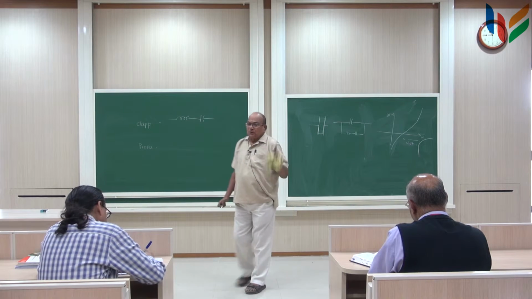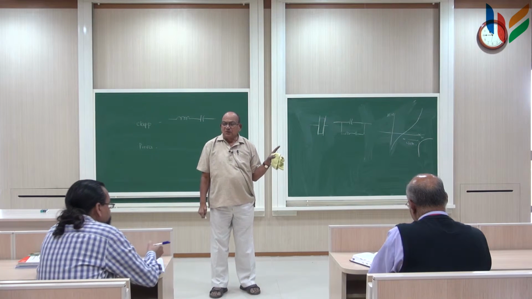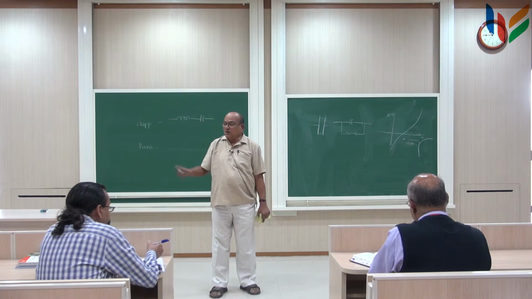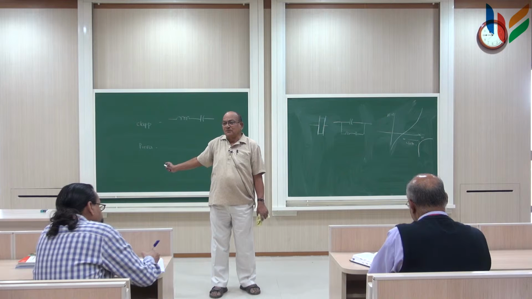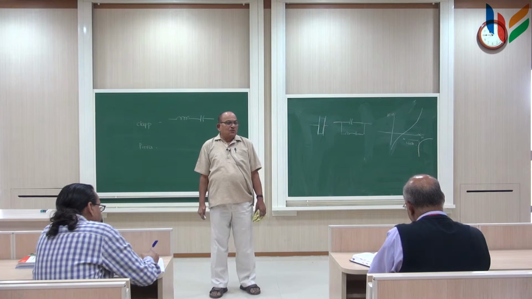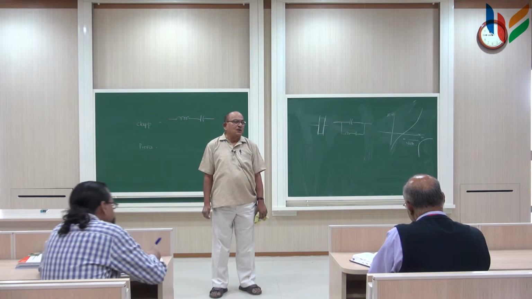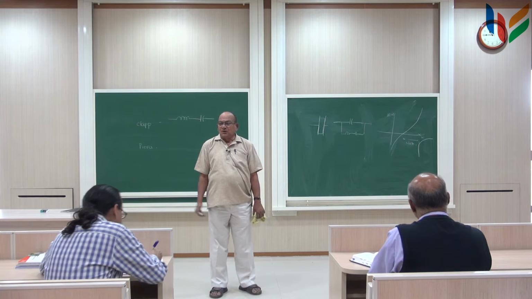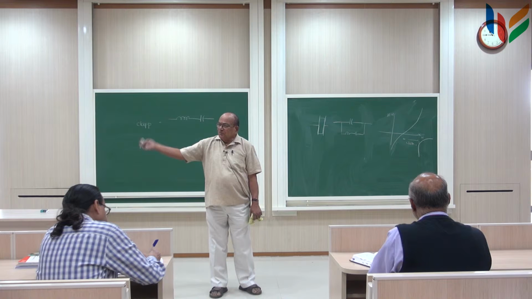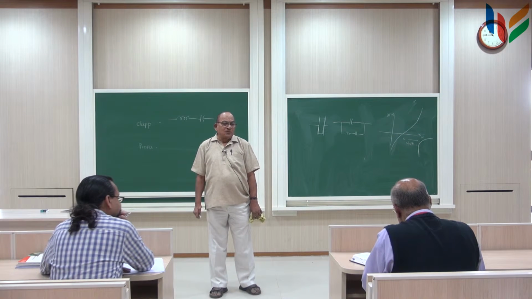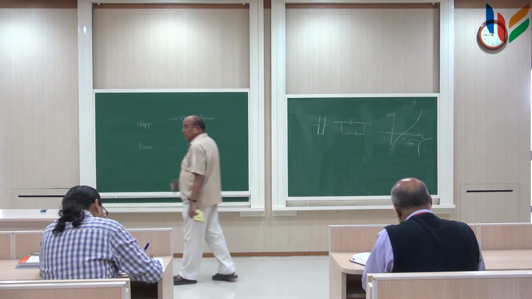Now, you can see for this X(omega) variation with respect to omega, the slope of this is much larger than the corresponding Clapp. So, this oscillator will have much higher frequency stability compared to the Clapp oscillator or the original Colpitts oscillator. That is why the Pierce became a very popular structure